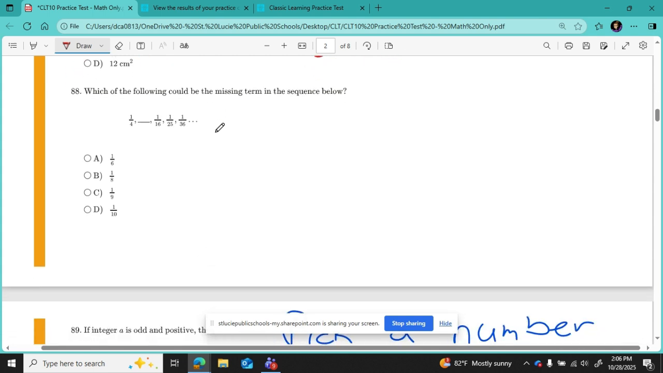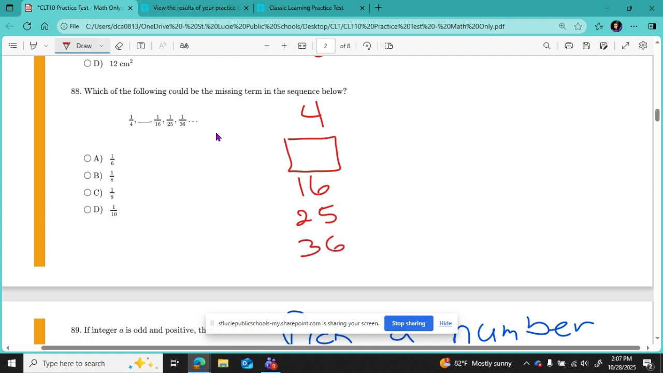One more real quick before my timer cuts me off. Which of the following could be the missing term in the sequence below? I see all of the fractions have a 1 at the top. All of my answer choice fractions have a 1 at the top. So I'm going to look at the denominators. We got 4, something, 16, 25,